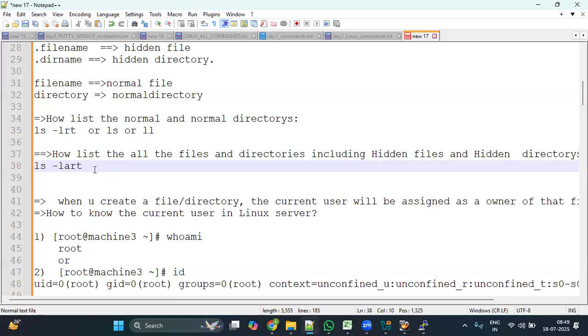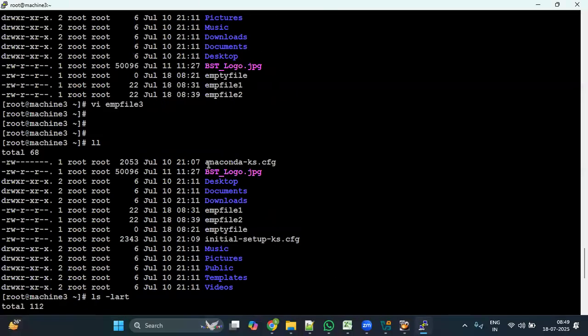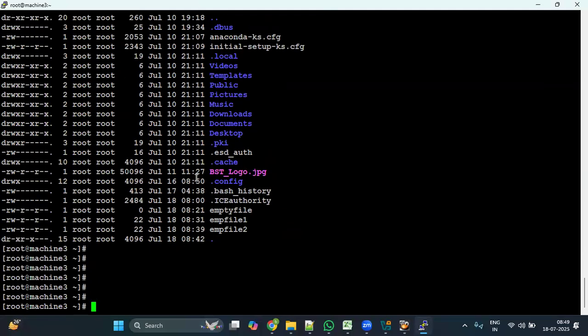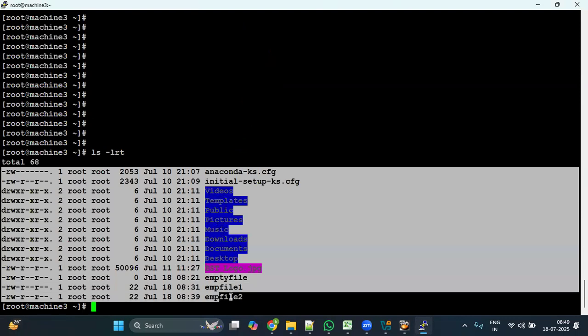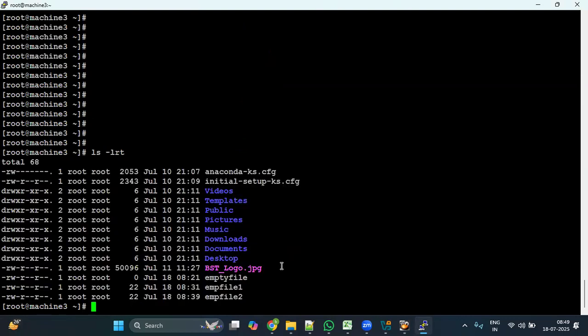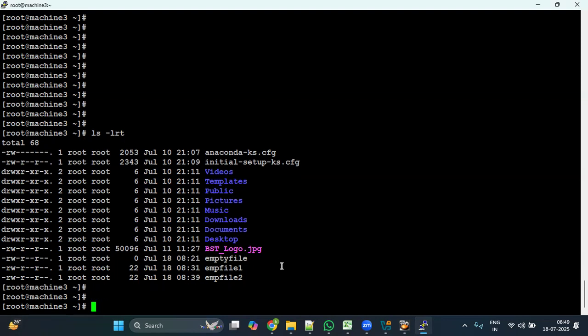All the directories means including hidden directories. That's why you can say ls -lart. When you give ls -lrt, there are no hidden files or hidden directories. Are you able to see a dot before the file name or directory? No. So now if I want to display all the files and directories, including normal and hidden,